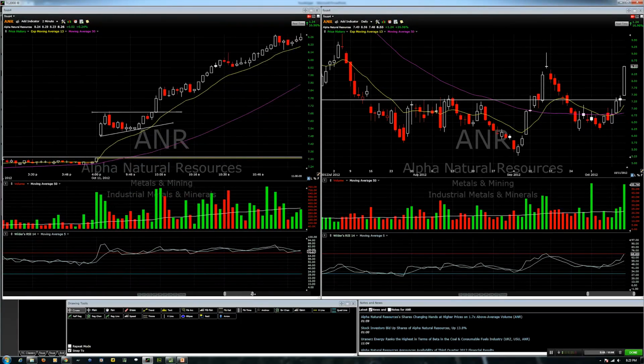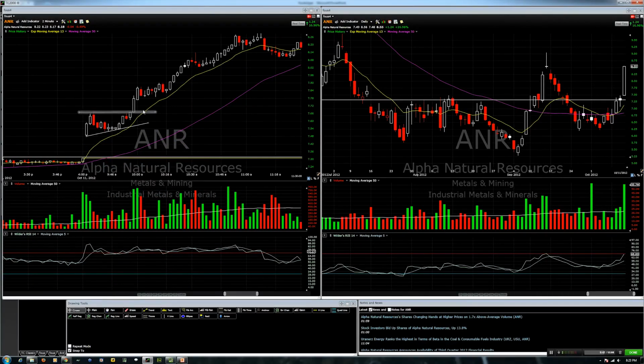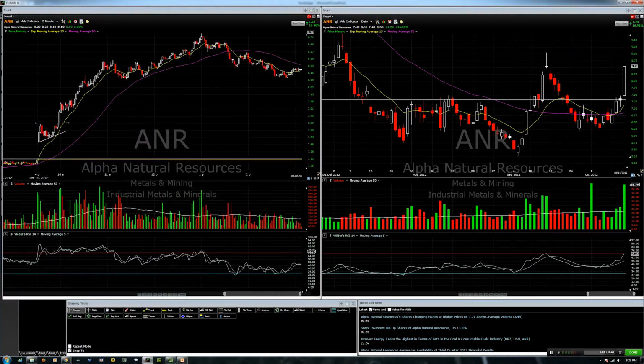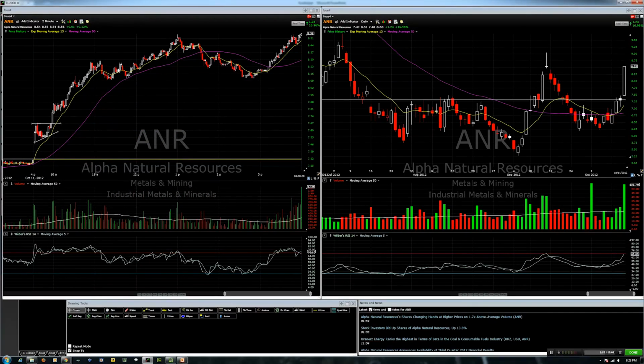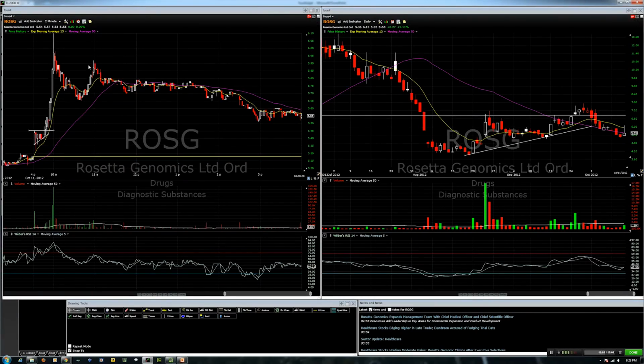This thing just ripped, rode the 13 EMA all the way up from about 766. Finally broke down the 13 EMA at about 820-ish. But if a stock breaks down the 13 EMA on any given time frame on an intraday chart, it doesn't mean that much. As for ROSG, it meant a reversal, and this thing kind of came back down. But